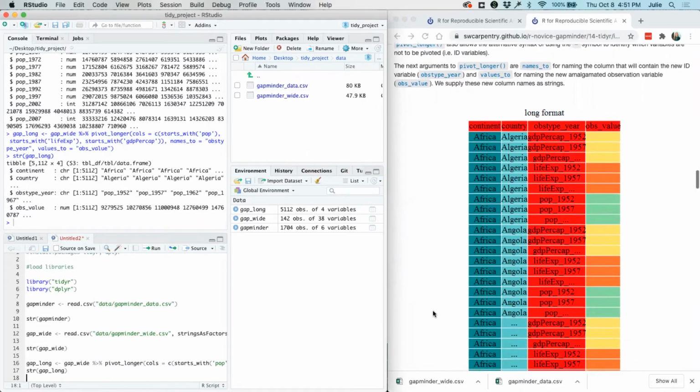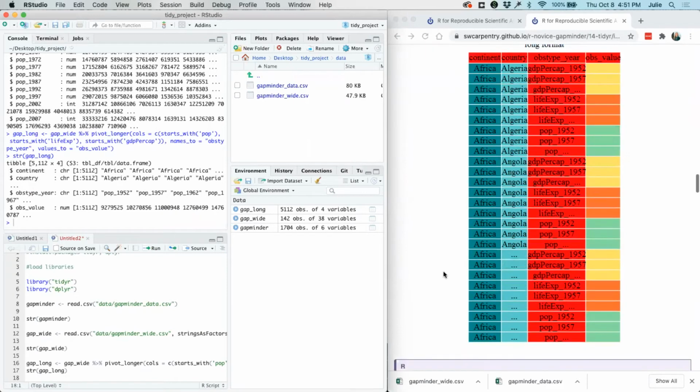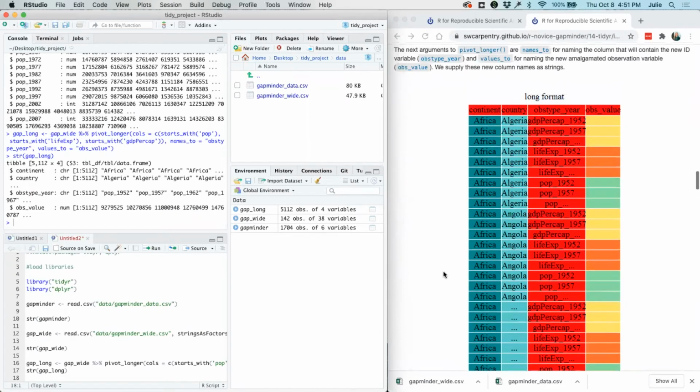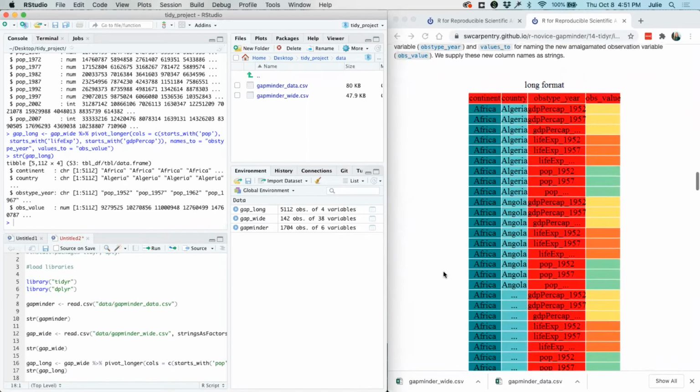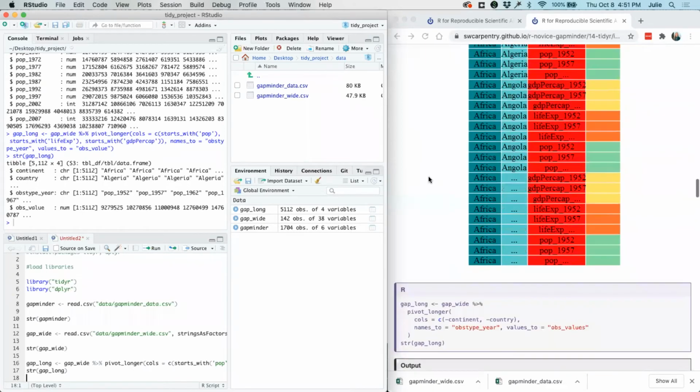We've increased the number of observations and decreased the number of variables. So we have a row for our continent, our country. We have this observation type, and then the observation value.